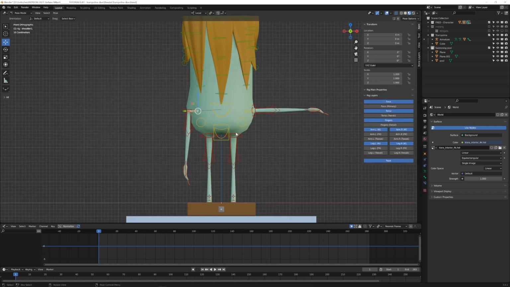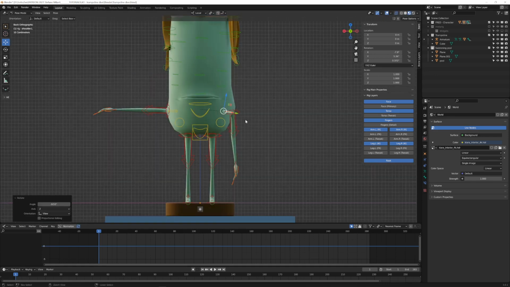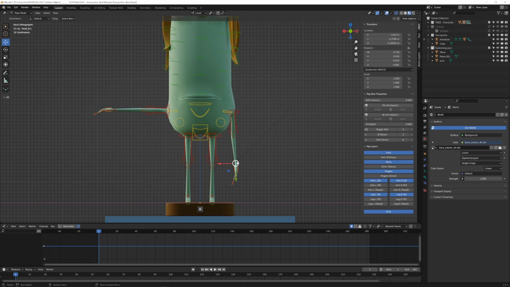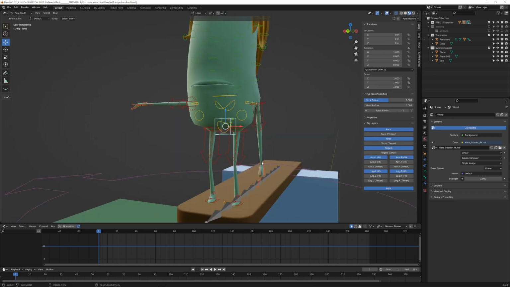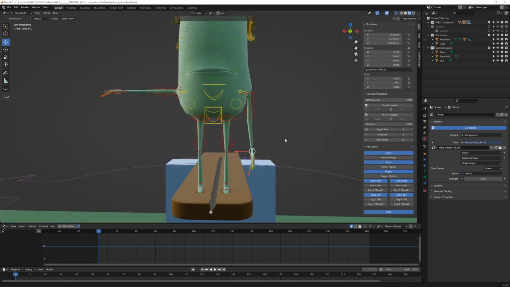Also, I want to move the shoulder bones down a little bit. And anytime you move the shoulder bones, you have to remember to adjust the hands. So now I can copy and paste this rest position from this left hand to the right one,